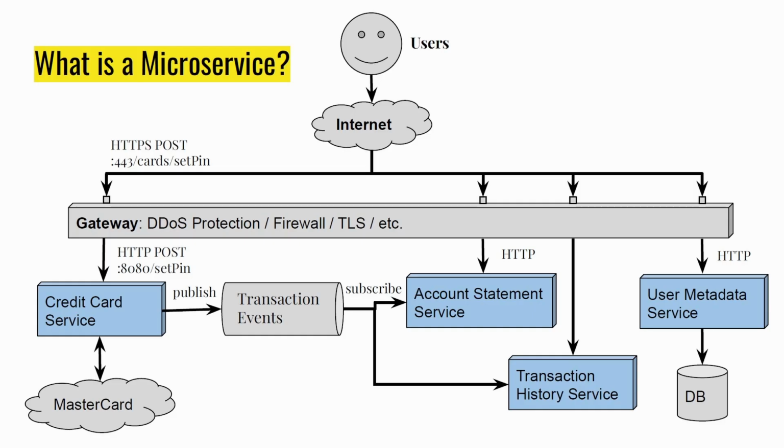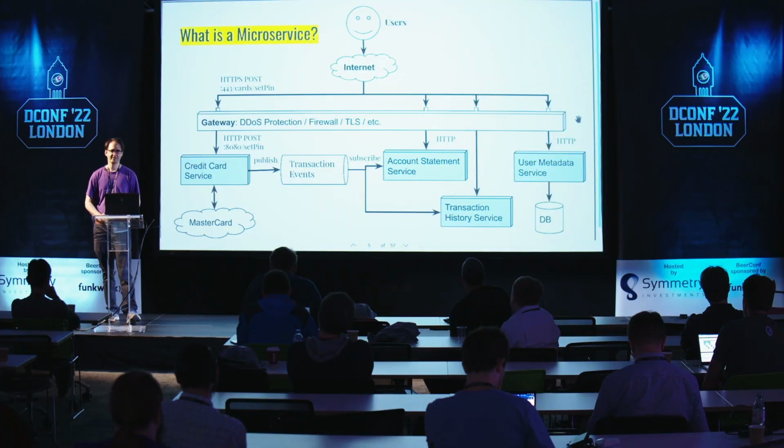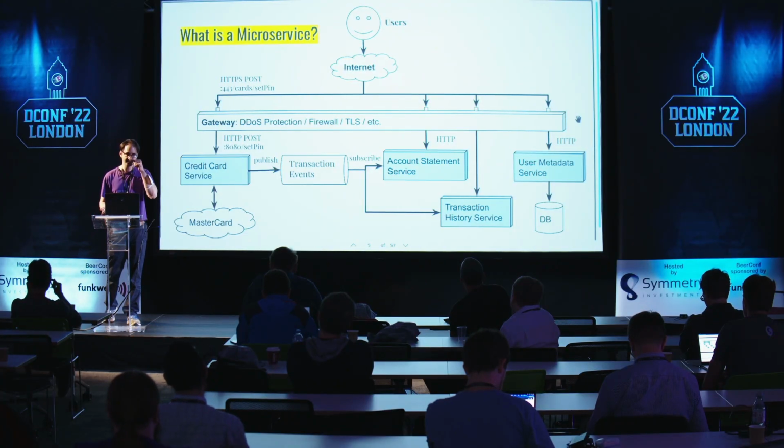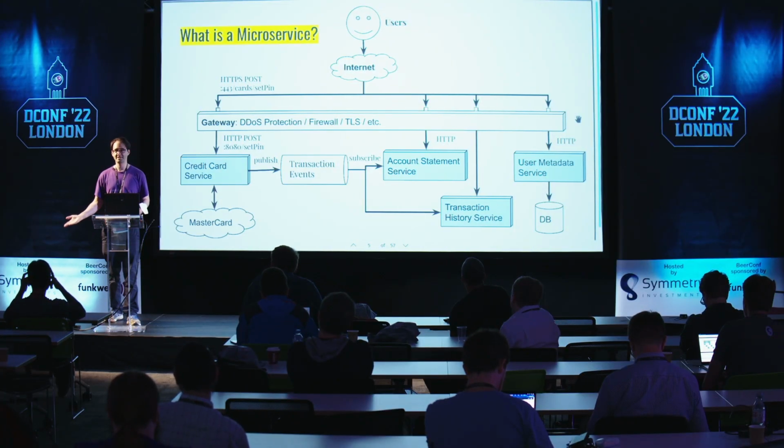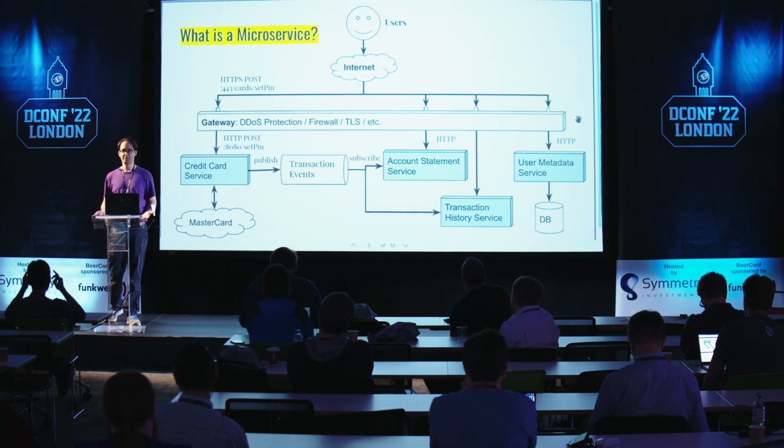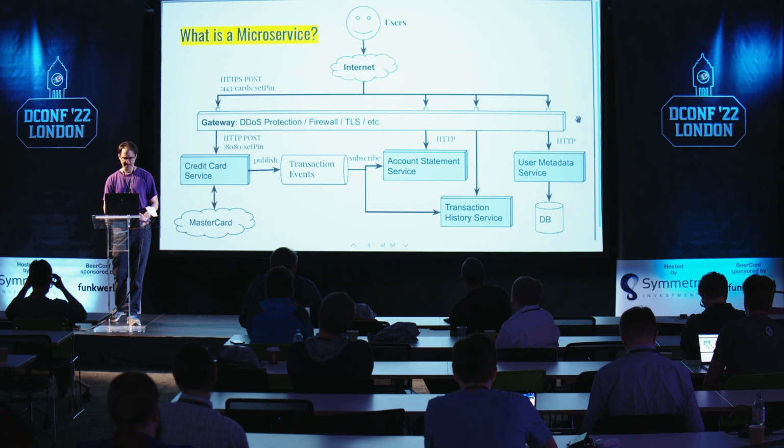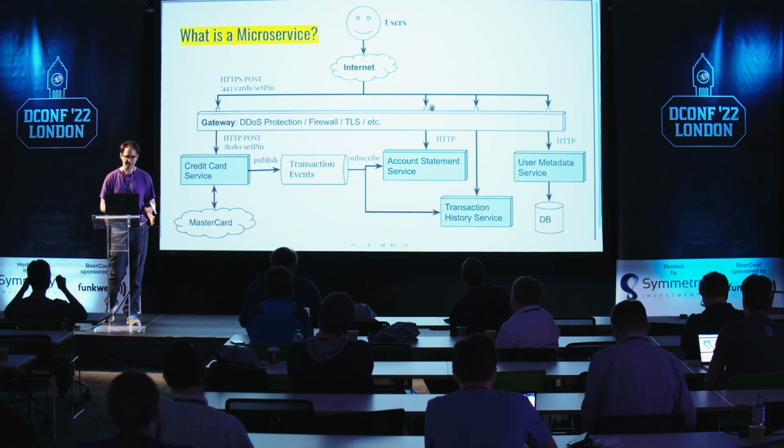So you might have users on the outside reaching you from the internet. You have some sort of gateway system. Every single time you have a web service, you always have to deal with massive amounts of people trying to defraud your system, especially if there's a reason to attack it, like if you're building a bank and people think they can steal money by going to your system. So you may have a way of handling denial of service, a firewall, etc.